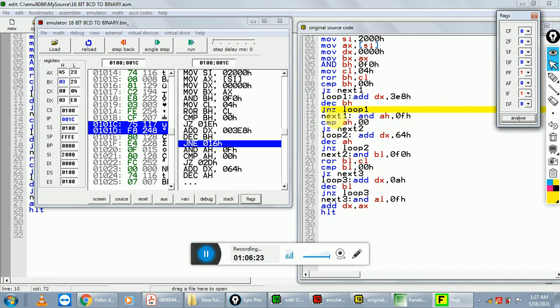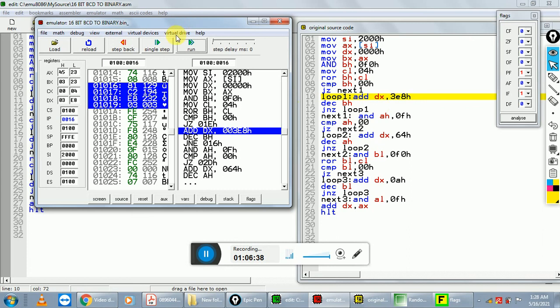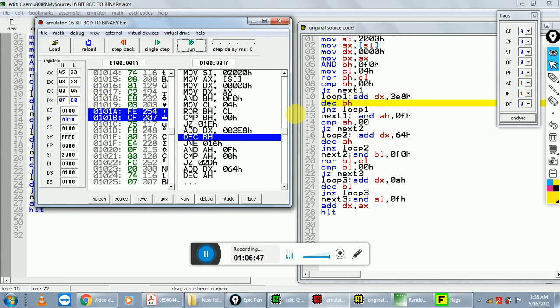In this case, JZ jumps if the zero flag is clear. So the zero flag is 0, and your pointer moves to this loop label again. The next instruction is again add DX, 3E8h. Again we decrease the value of the counter by 1, it's 2.